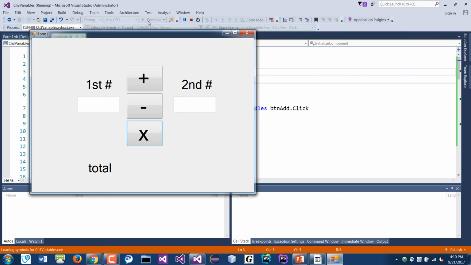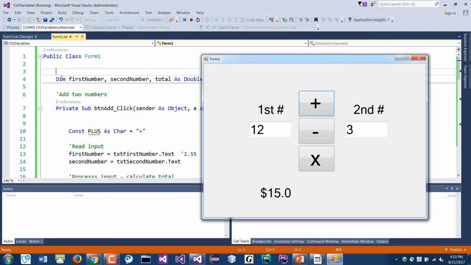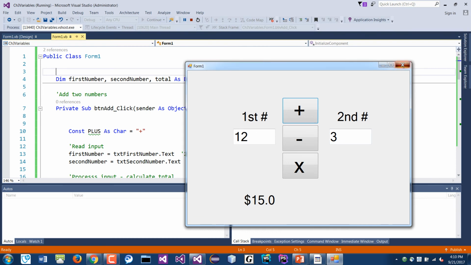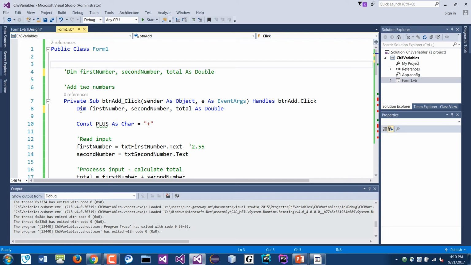Because when you run this application, and then when I put some numbers in here, this will still be active. The memory location here will be storing the numbers 12 and 3. It's running, it's live until I close the application, then this gets wiped out. Versus if I do it here,